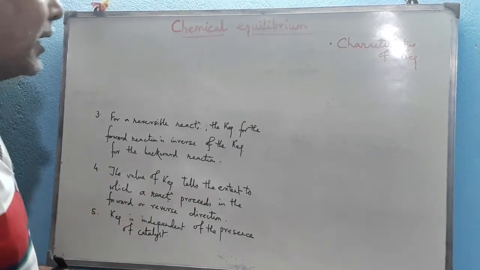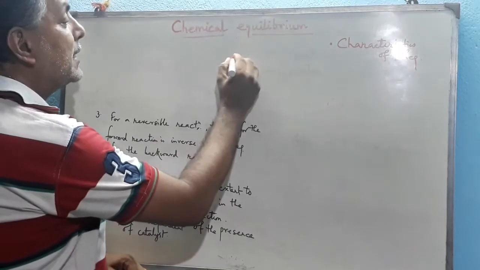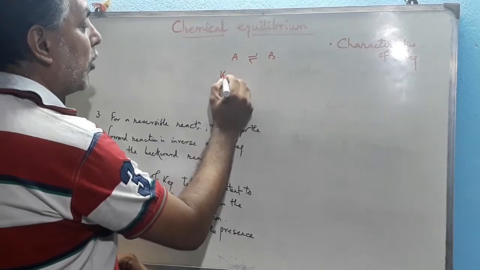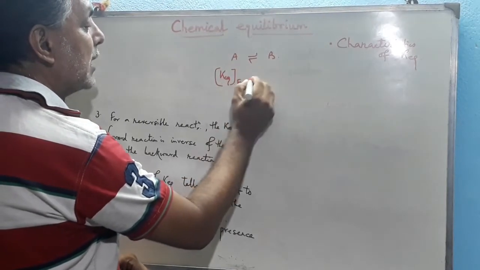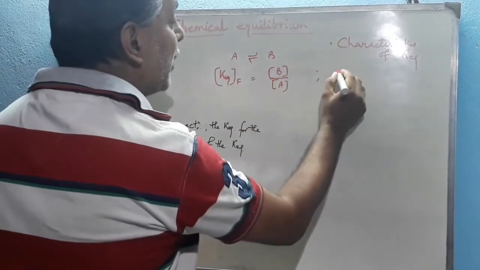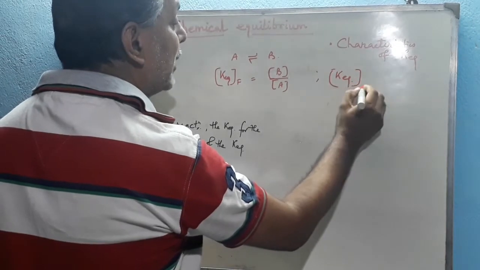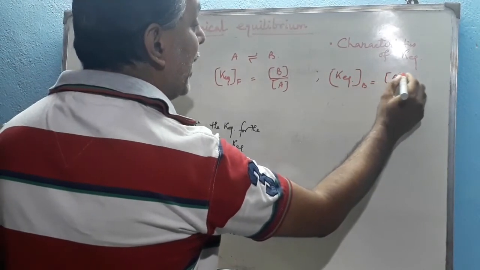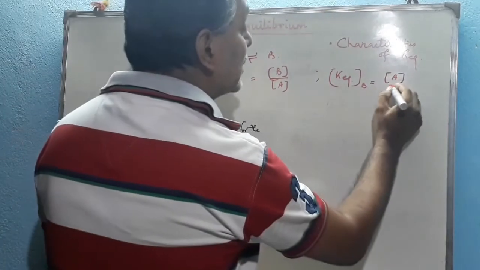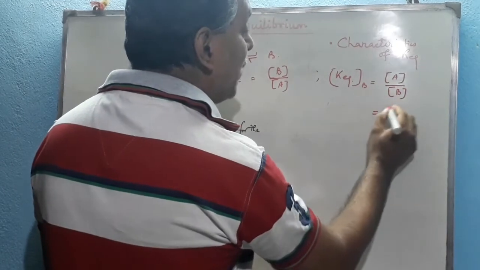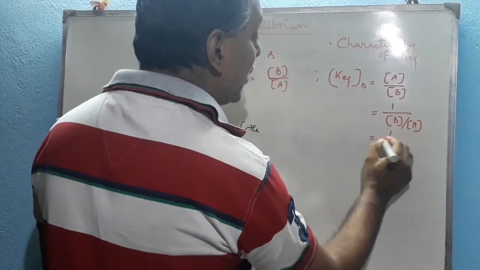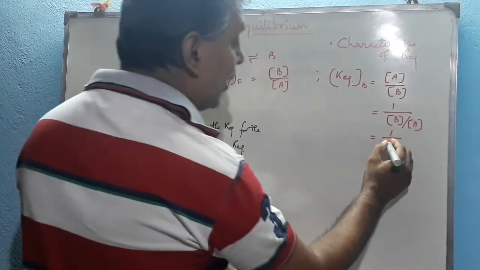of the K equilibrium for the backward reaction. See again, if we write this equilibrium, A reversible B, then K equilibrium for the forward reaction can be represented as concentration of B by concentration of A. For the backward reaction, K equilibrium can be expressed as concentration of A divided by concentration of B, because in that case A will be the product and B is the reactant here. That can also be expressed as 1 by concentration of B divided by concentration of A,